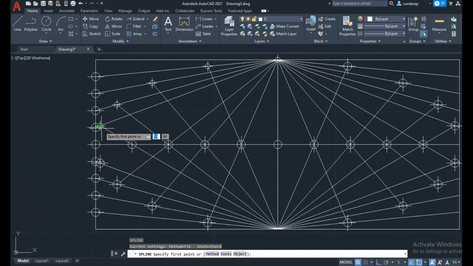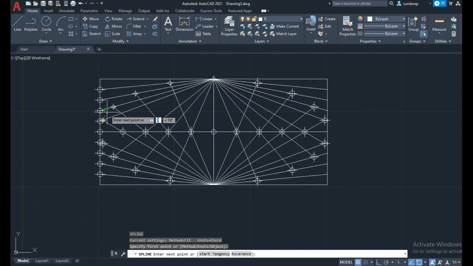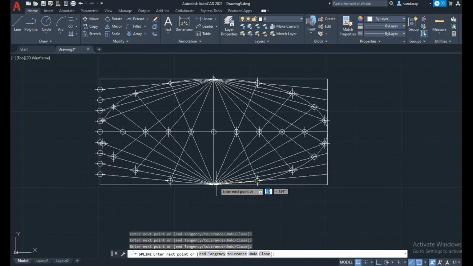You can start from here, then pick all the intersection points, so we will get the curve of the conic section. After selecting the end point, just select outside, then press enter, and only then will you get the smooth curve.